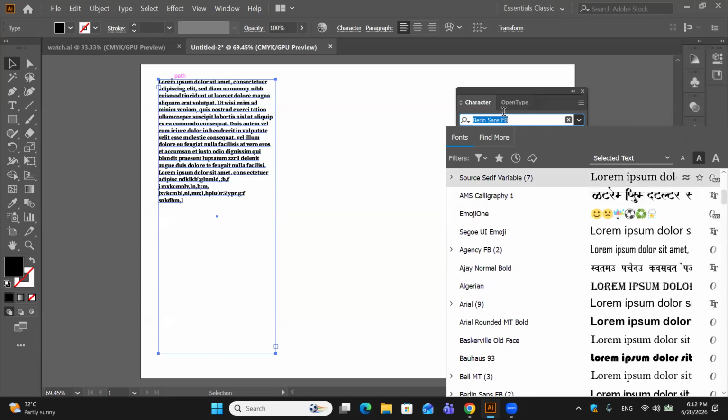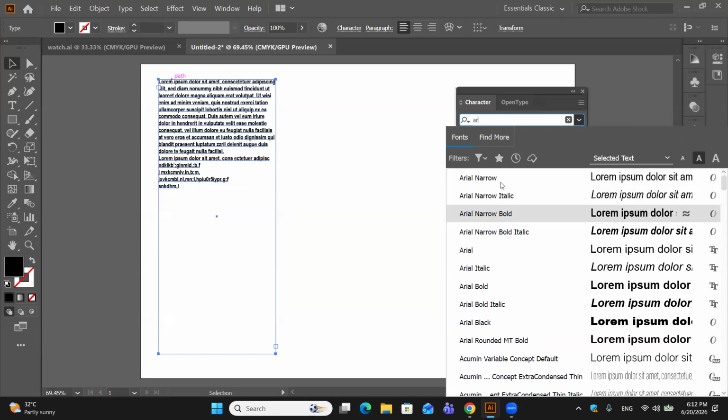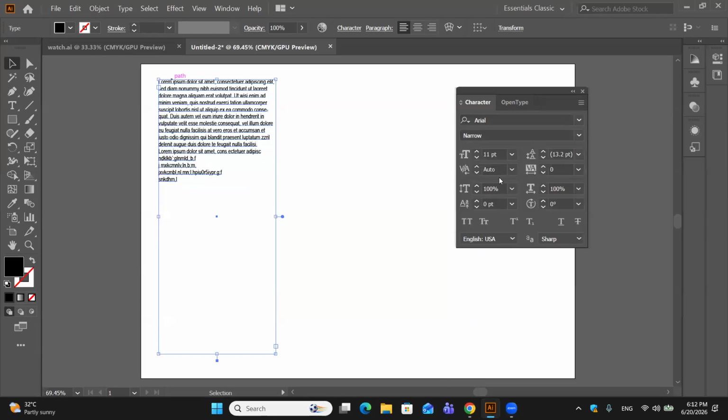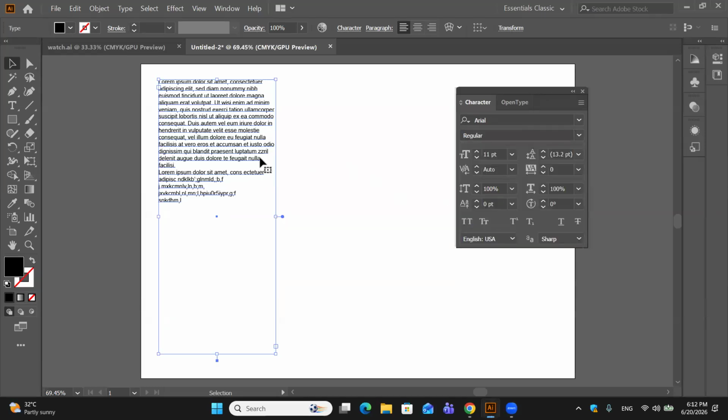For example, if I take a basic font, you can type Arial. Arial italic, or right now I have taken Narrow. Make sure this is selected. So I want narrow italic, bold italic, regular. For example, I have chosen regular,